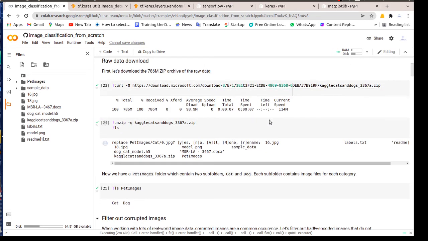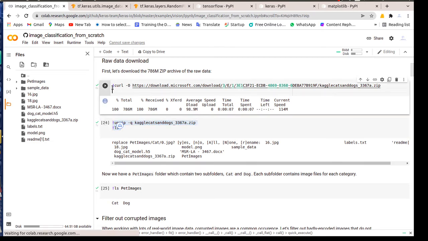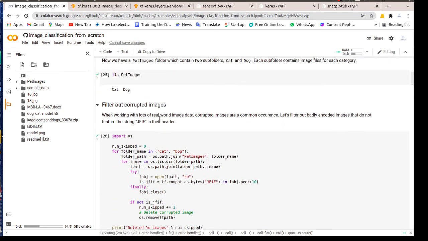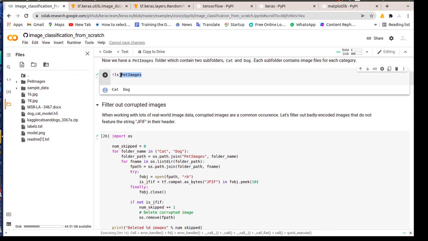After doing that, you don't need to do these parts. Raw data download you don't need to do, because you are doing it from outside. Now your folder is not pet images, your folder is dataset slash train.